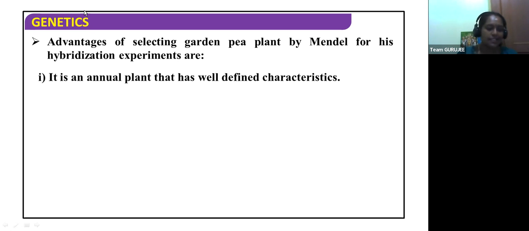So, you know, onions are actually biennials. They'll grow for 2 seasons. In the first season, all the vegetative growth will happen. In the second season, flowering followed by the other things will happen. So we usually don't keep the onions for a long time. We don't want the flower.